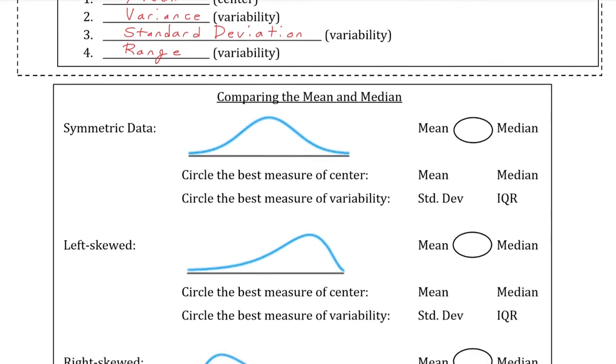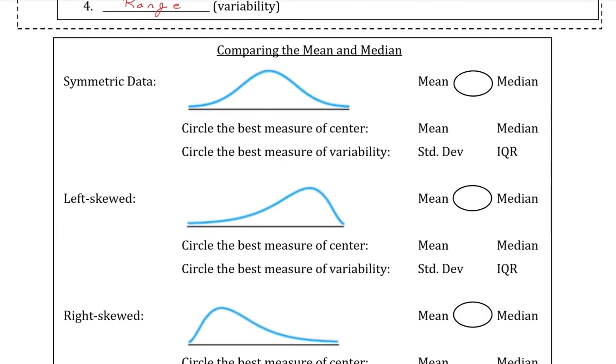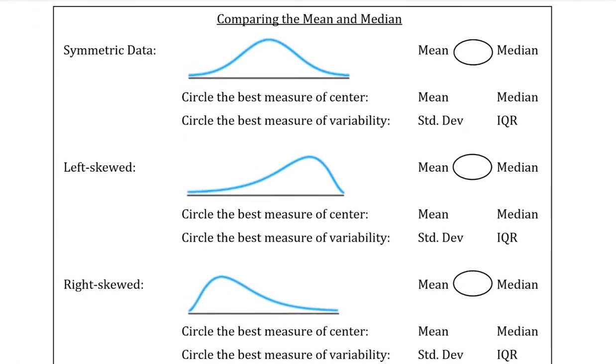The shape of the data can have a few implications on the value of the mean and the median, and vice versa. If we compare just the mean and the median, we can often also get an idea of the shape of the distribution. If we look here, we have a symmetric data set. When we have a symmetric data set, what that tends to imply about the mean and the median is that they are approximately equal to each other.